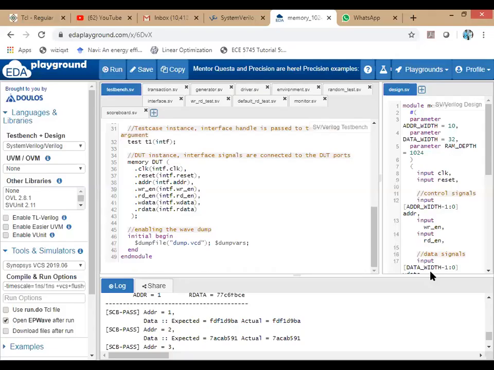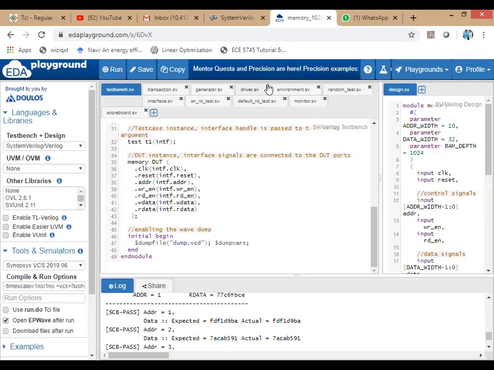So let me first explain the purpose of the test bench. A test bench allows us to verify the functionality of a design through simulation. It is a container where the design is placed and driven with different input stimulus. It generates different types of input stimulus, drives the design inputs with the generated stimulus, and allows the design to process the input and provide an output.